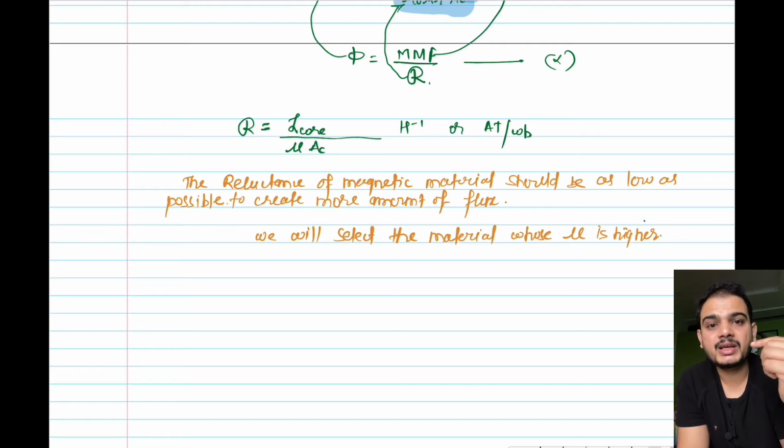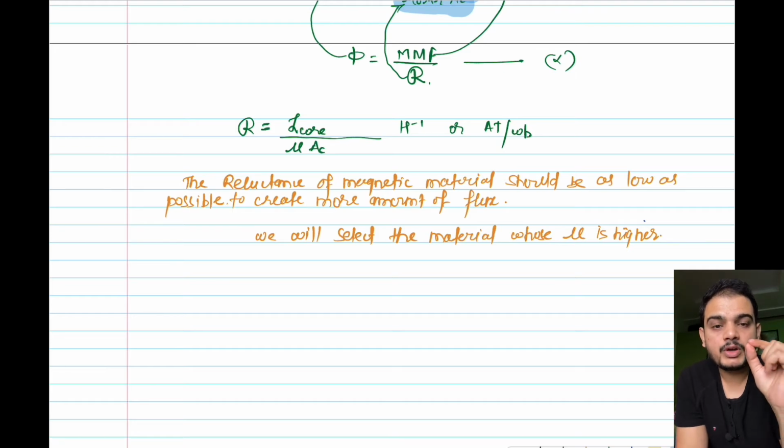Now in order to decrease its conductivity, in order to decrease the eddy current losses, what we will do? We will add silicon inside the steel in order to decrease the conductivity and increase the resistivity for the eddy currents. If the resistivity is higher, the eddy current will feel more resistance, then what will happen? Its magnitude will decrease.